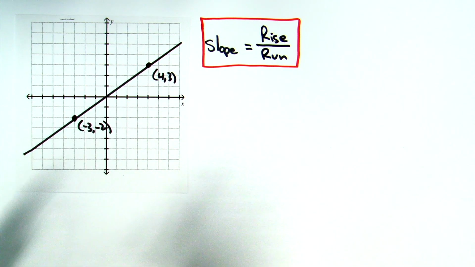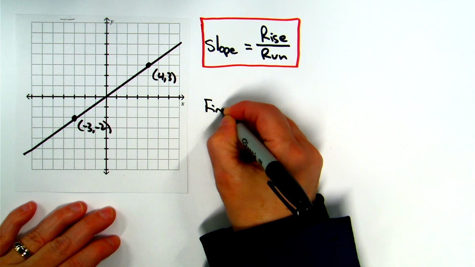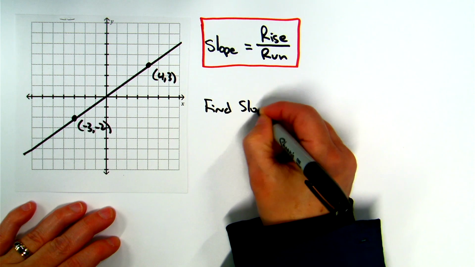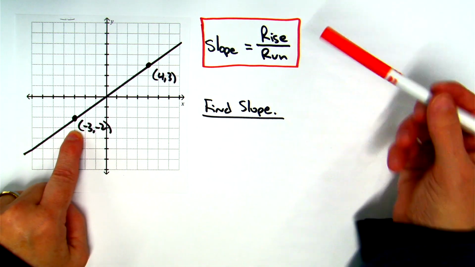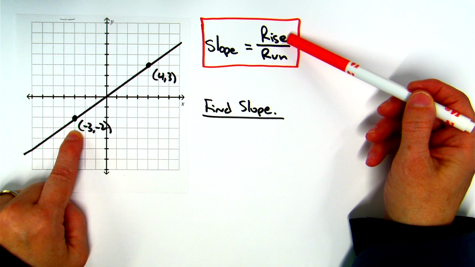All right, here's a line. They give you the picture. You find the slope. So your goal is to find the slope. Hopefully you did this in middle school. It really doesn't make any difference which one of those two points you start with. I have a tendency to like to start with the bottom point because if at all possible, I can literally